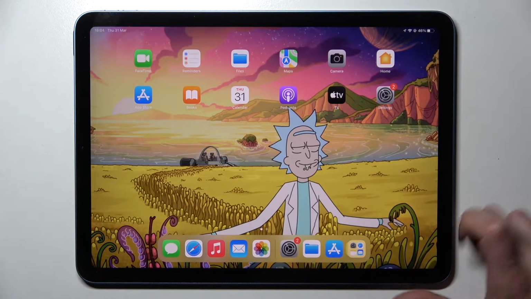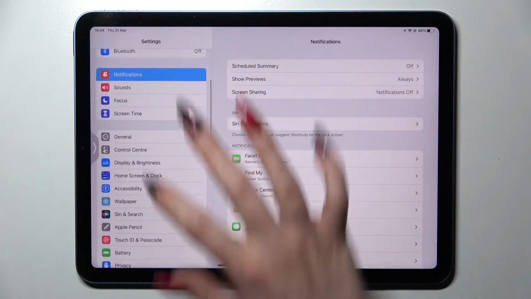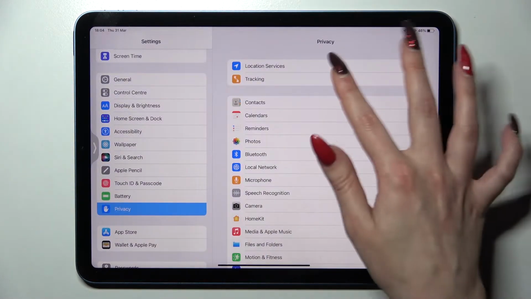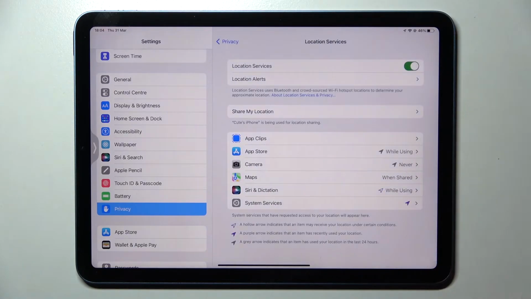First of all, go into Settings. Now scroll down and select Privacy. Over here you can pick one of your apps or choose location services, for example, and select one of those,